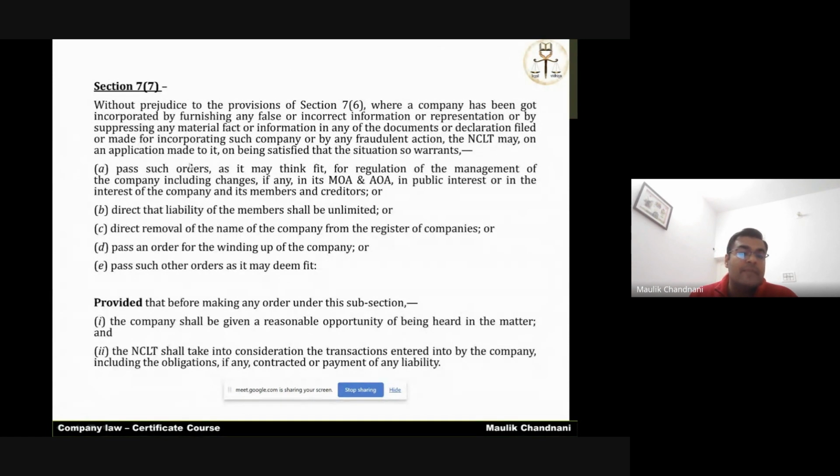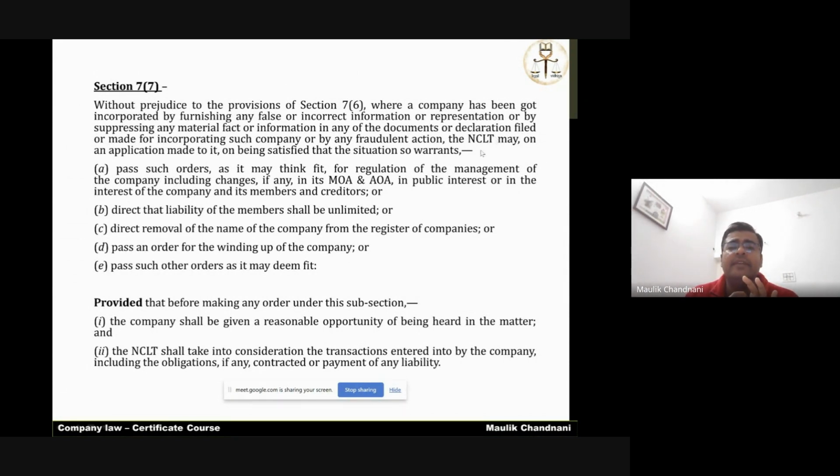Who is going to make an application to the NCLT? Any aggrieved party, any regulatory body, your debtor, your creditor, your shareholder, your debenture holder, income tax officers, the ROC itself, any authority. If they catch you, they can directly apply to the NCLT,